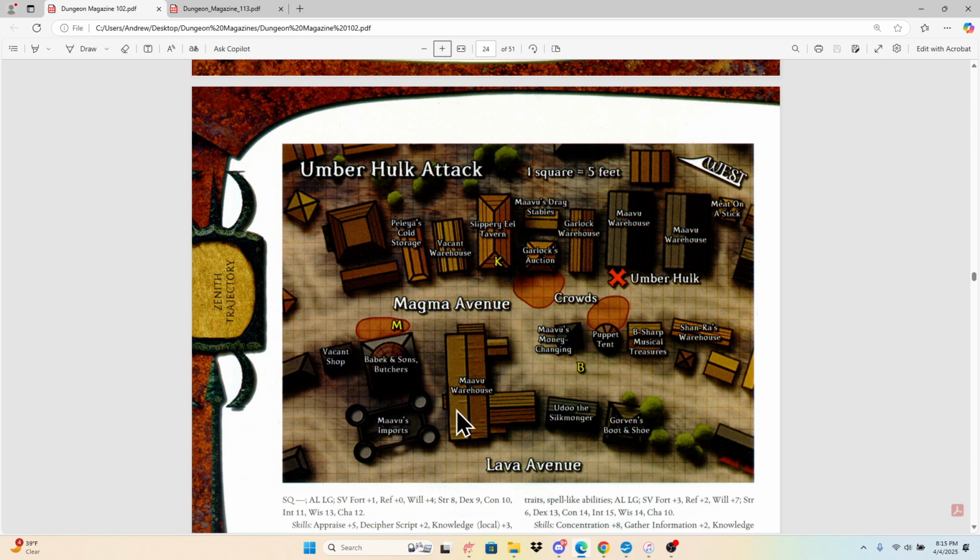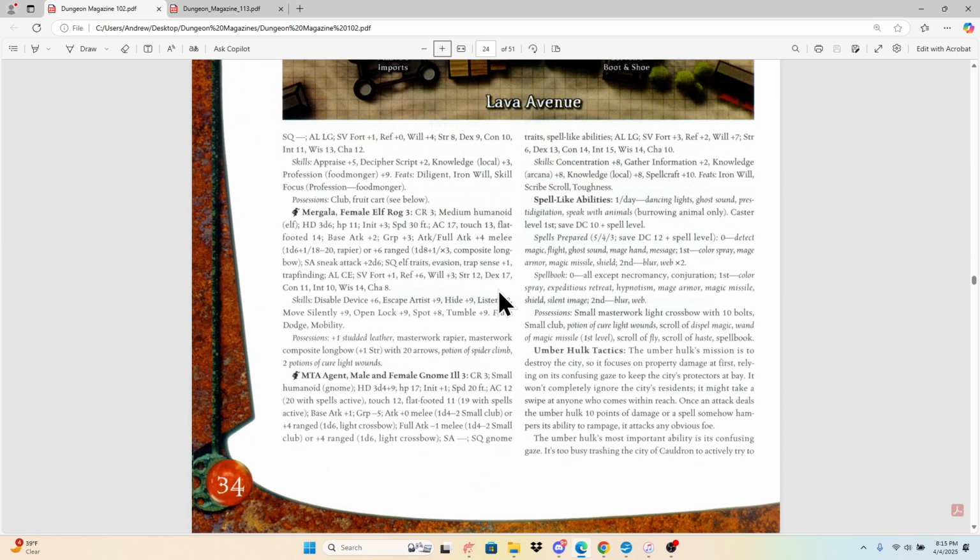Mavu's Imports, for example. The merchant Mavu is somewhat of a character in this adventure and becomes more important as time goes on. My players, for example, after this particular encounter, went over to the Meat on a Stick shop and bought some meat. Anyways, as you're going through here, you see some other people that just happen to be there, including some gnomes,